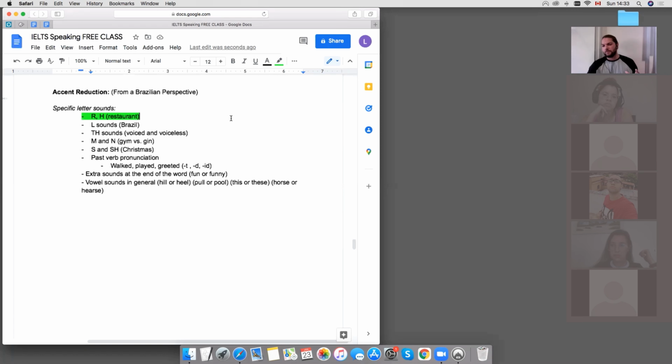We will never do that in English. But that kind of idea opens us up to other kinds of typical errors that we might find. So for example, L sounds. In English, we will never make our lips round for the L. So in Brazil, when we're speaking Portuguese, we'll say Brasil with a U at the end. But for English, Brazil. My lips do nothing. The ill sound comes from the back of my mouth. It's called a dark L. It's a very useful thing to think about.